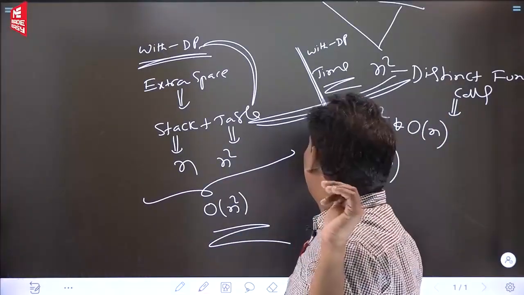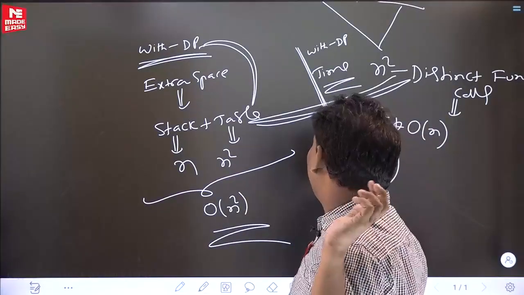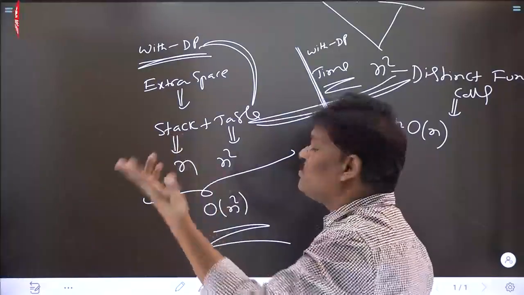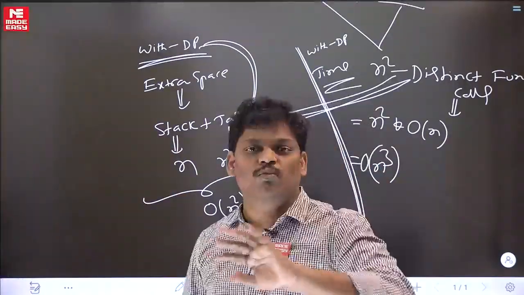So with dynamic programming and without dynamic programming, time and space followed by those 5 examples, if you are comfortable, it is more than enough. For dynamic programming, I told you many applications. Whatever I said, please cover all of them properly. Don't learn by heart. If you get one application properly, you will get all the remaining ones.